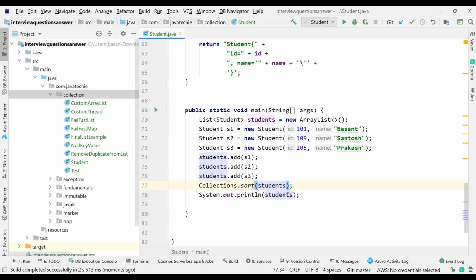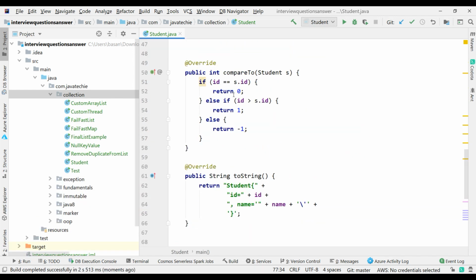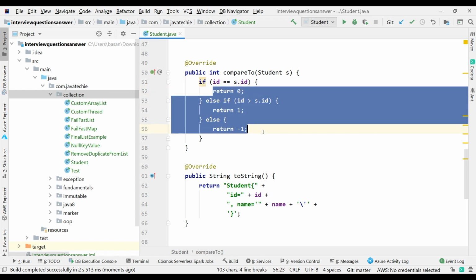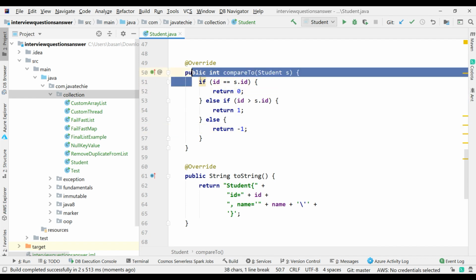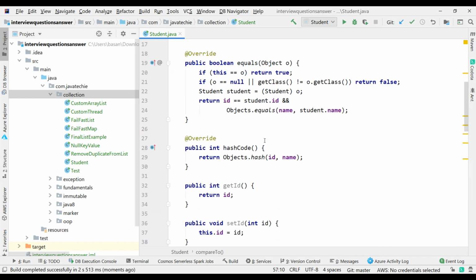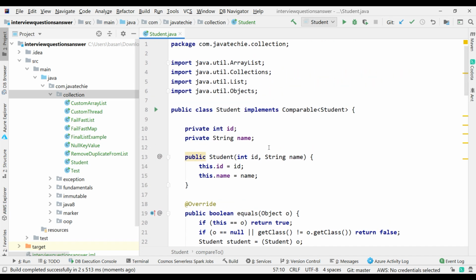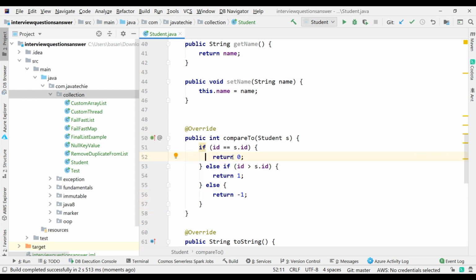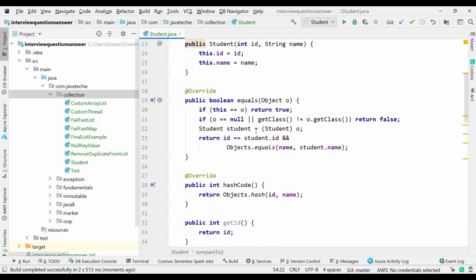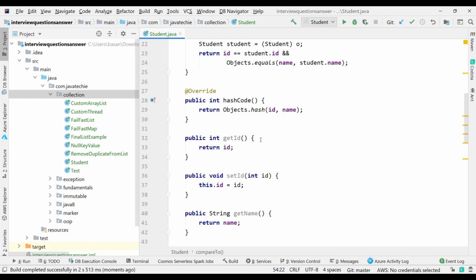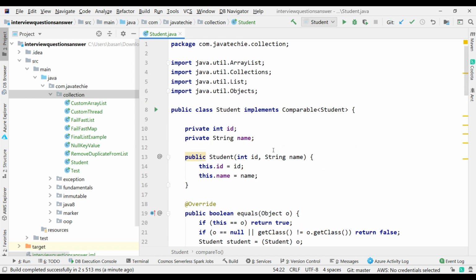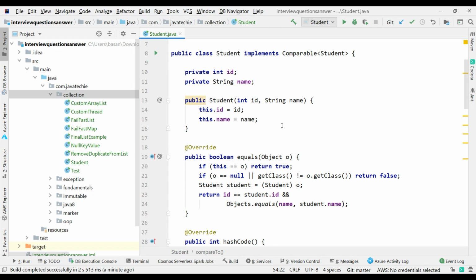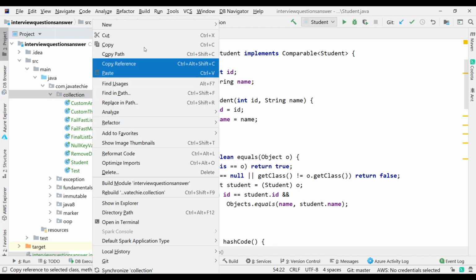Now in future, I get a requirement: no, don't use this ID, change the sorting based on name. Now again I need to change this code, right? I just need to implement it for the name. So in the case of comparable, it's not dynamic. It's always hard coded. Today I implemented based on ID, tomorrow if I need it based on name, I need to change the entire implementation, which is not recommended. That's why it's always recommended that if you know you are going to follow a single sorting algorithm, then go for comparable. Now when to use comparator, let's say I create one based on ID and name.